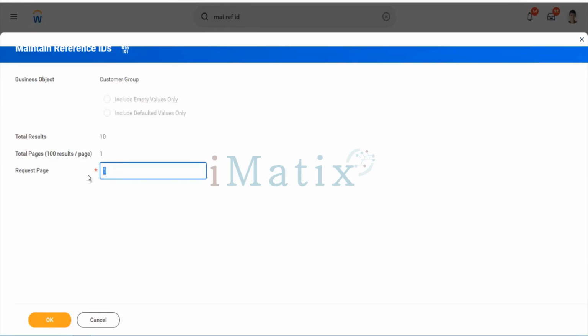Then somebody told me to calm down, just see the request page number. In one page, there's information for a limited number of values, total values are 10 only. You have to focus on this. There are 10 customer groups.